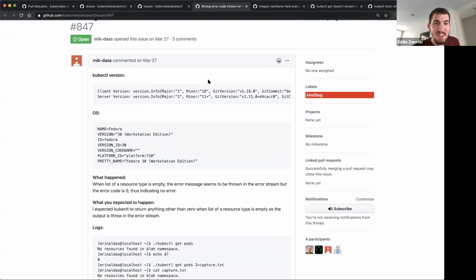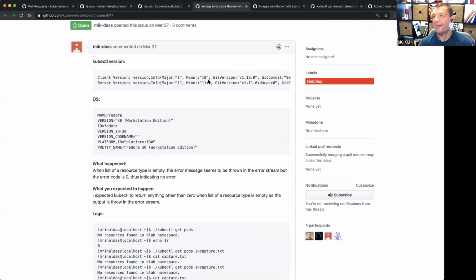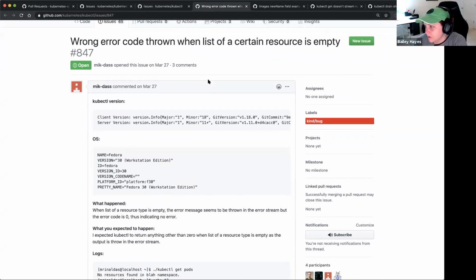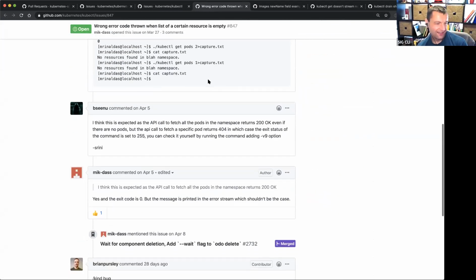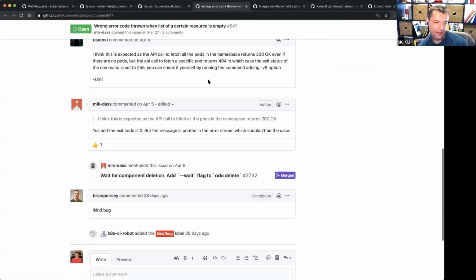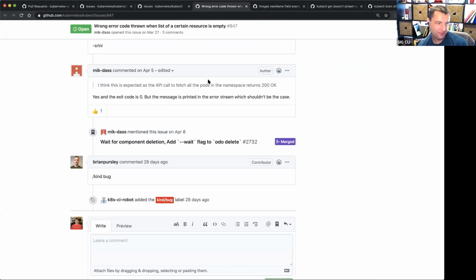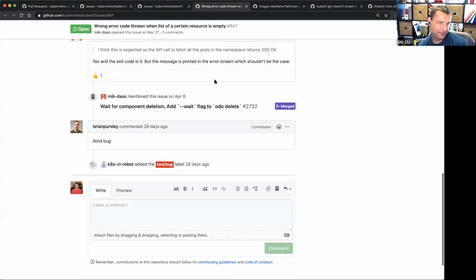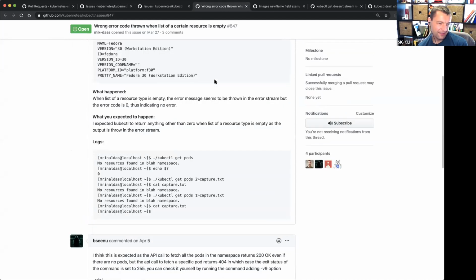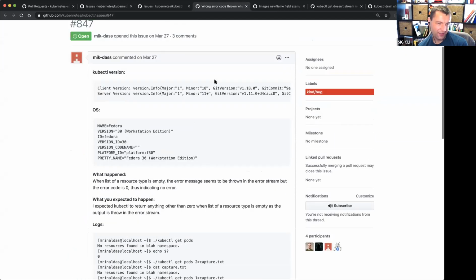Oh, error codes. Here we go. Note they're on 1.18.0. I think I should put an enhancement together about the error codes, and then we can point people to that one. It's not a bug, but it's a nice feature to have. I'll change the